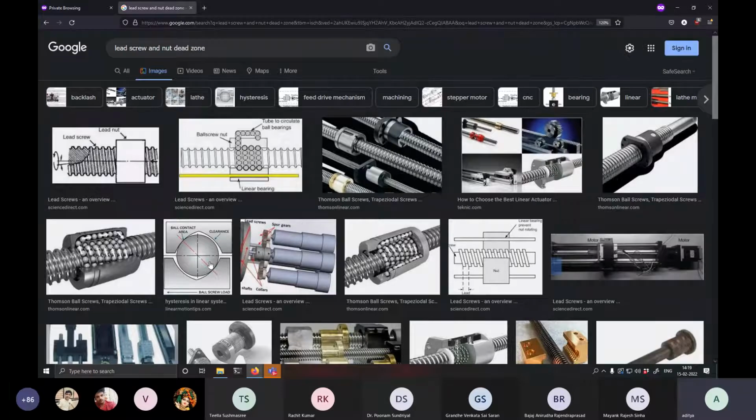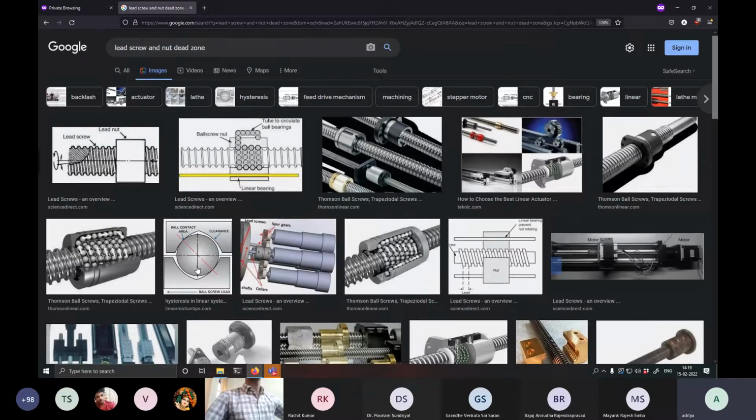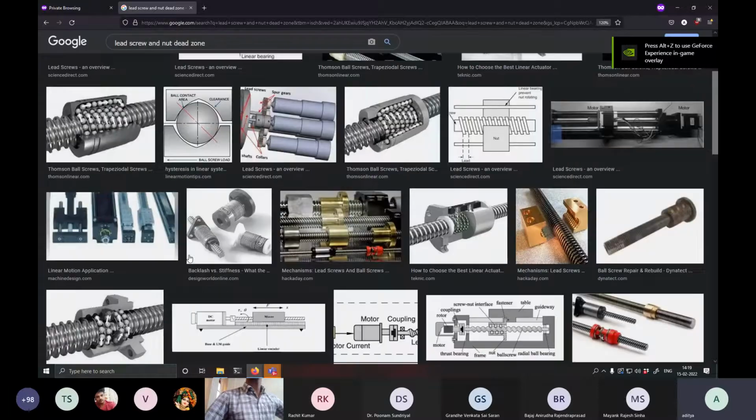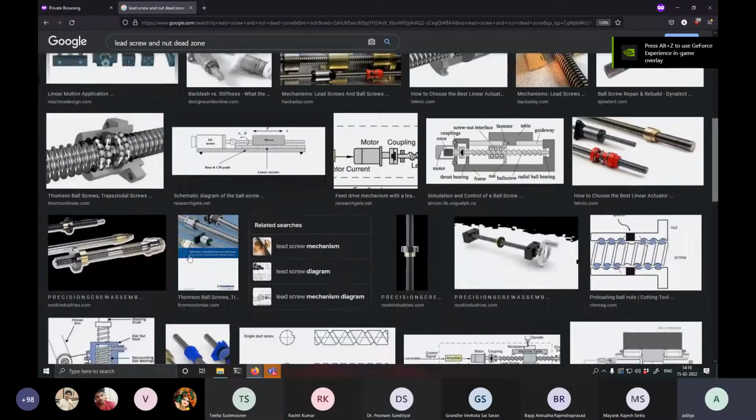Yeah, so here it is, the ball screw. There is nothing going on here. Because of this exact contact, there are no issues. But in the lead screw,